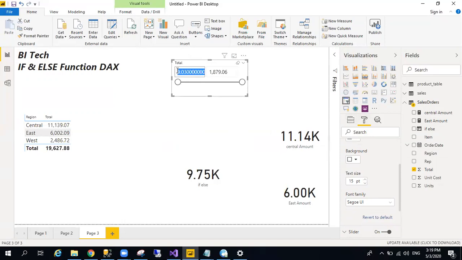For example, I want to see 0 to 500. My true condition is the central amount, and the false condition is the east amount. The central amount will show in this calculated column. So it means it's working fine.